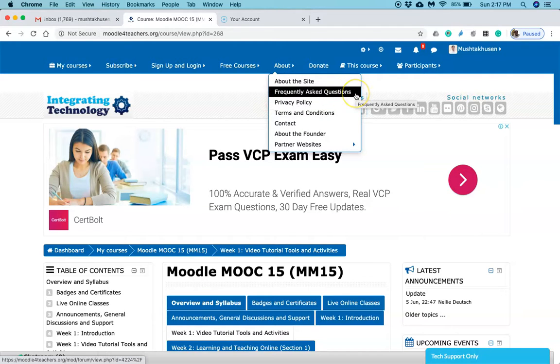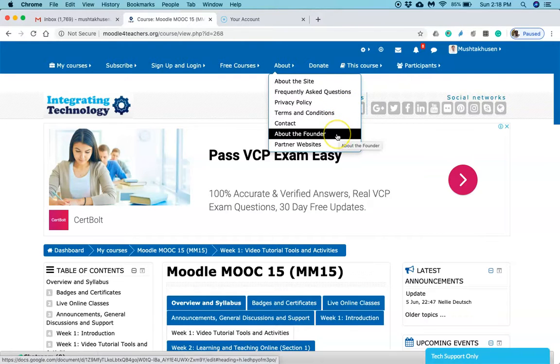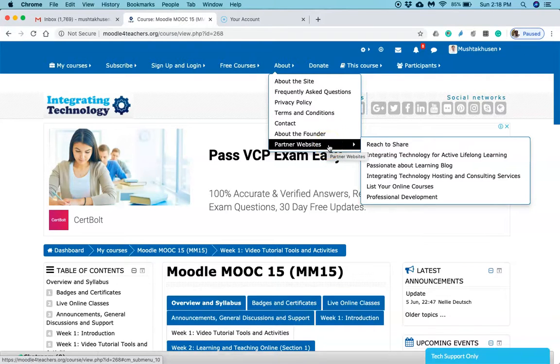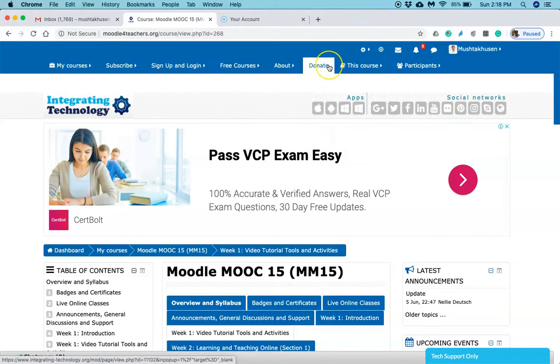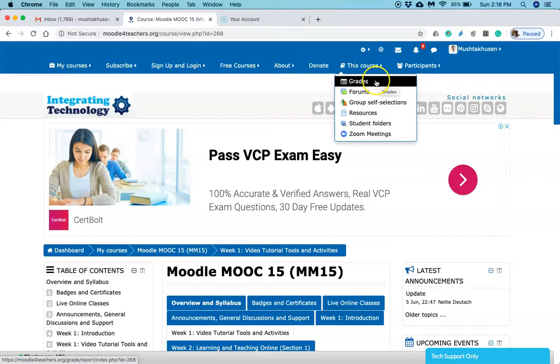Again, it is a very interesting fact, right? Then frequently asked questions for this Moodle MOOC or for this site. Then what the privacy policies of this site are. Then terms and conditions, contact details, about the founder, so you will get all the details of Dr. Nelly Deutsch. Then partner websites, so these are the partner websites. Then donate, so if you want to contribute for this noble cause, maybe you can donate. Then in this course, you can see the grades, forums, group selections, resources, student folders, Zoom meetings, and finally